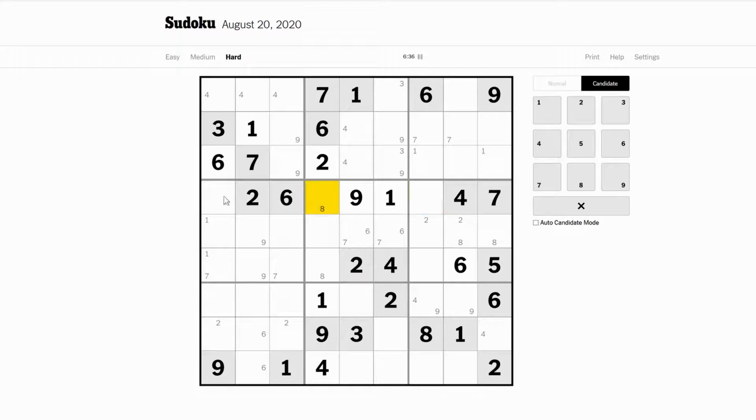We've got another triple here, which are 3, 5, and 8. Well, we've got 5 and 8 here, so there we go. There's our weak numbers helping us out. So we've got 8 and 5, but that's not resolvable just yet. And this 3, in conjunction with that, locks a pointer pair of 3s over here, and the pointer sees this